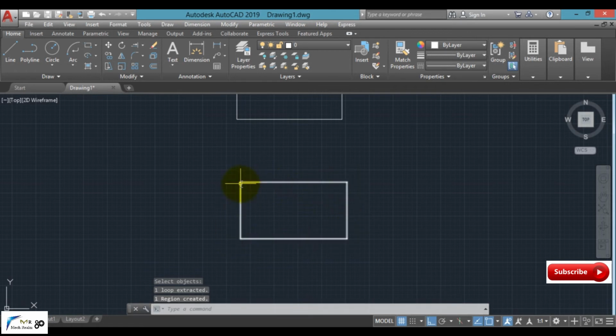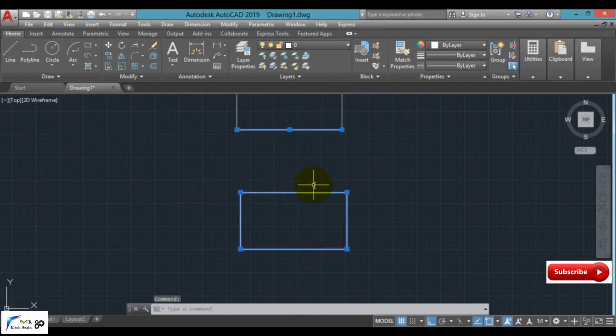Now as we see, the color has disappeared, and on selecting it, the whole object is again selected on a single click. Clear? It is easily visible what the purpose of the region command and the explode command is. Explode is going to explode the object into different entities. The region command is going to rejoin and convert it into a region.